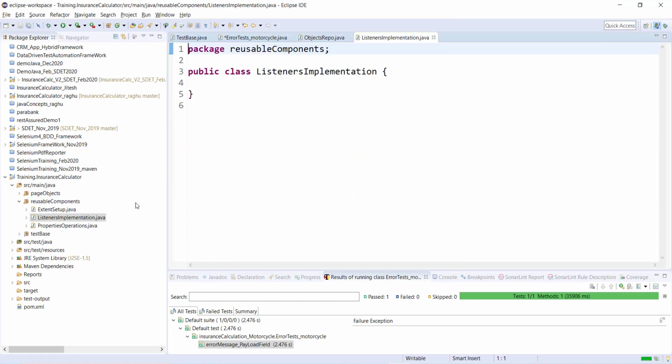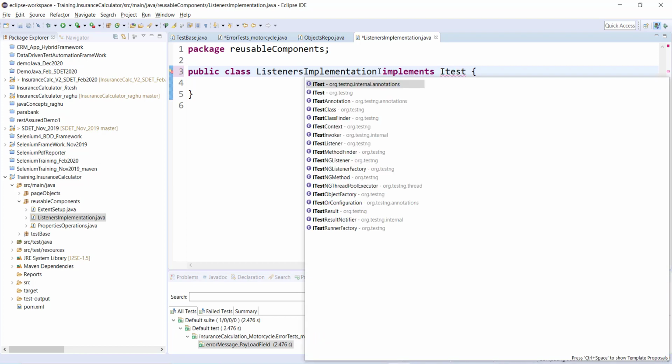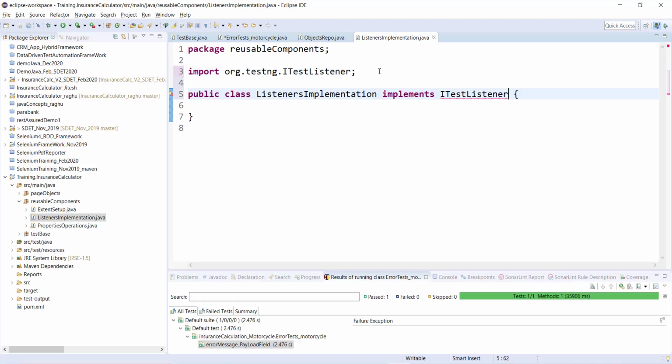If you must have studied this in the TestNG concept, in ListenersImplementation we do implements ITestListener. Great. And from ITestListener there are a lot of methods which we should override.